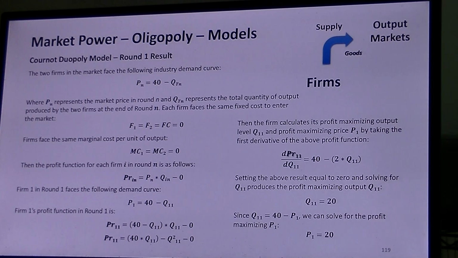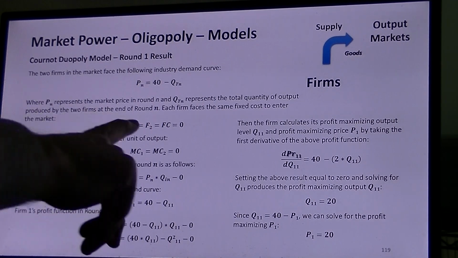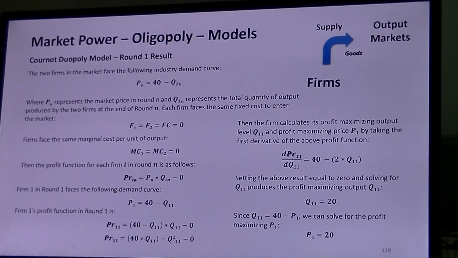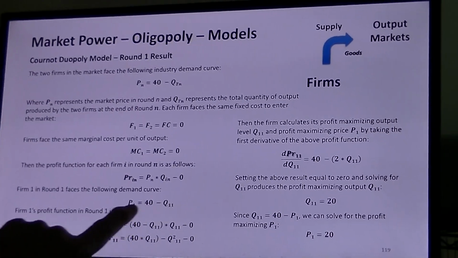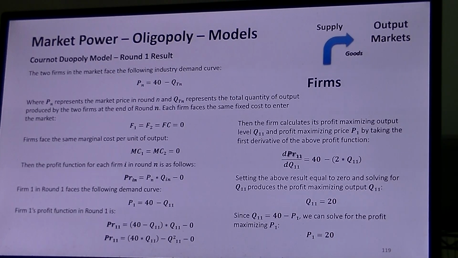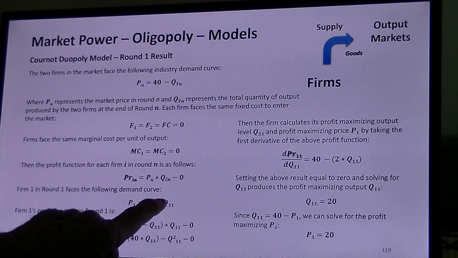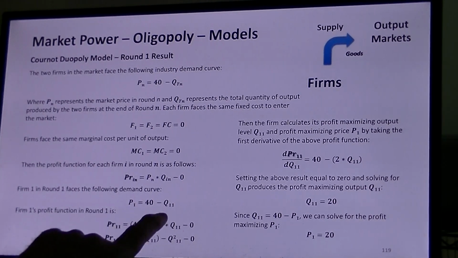It's firm 1 in round 1. Now we've noted here the fixed cost to enter the market is 0. They face the same marginal cost. So the profit function for firm 1 in round 1, they face this demand curve of 40 minus Q11 equals P1. So that's the price equals